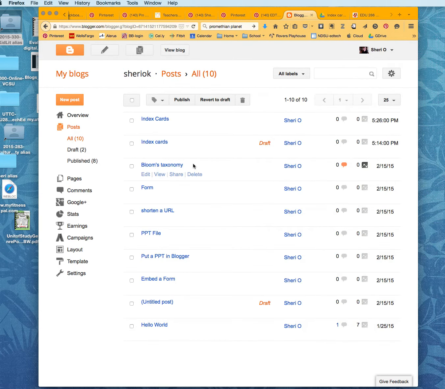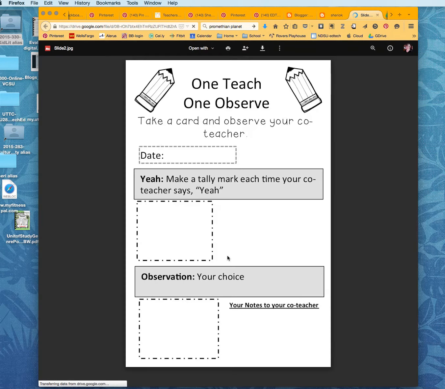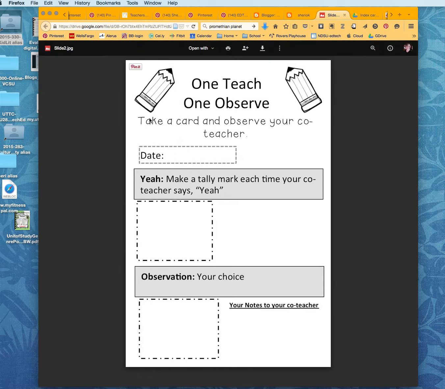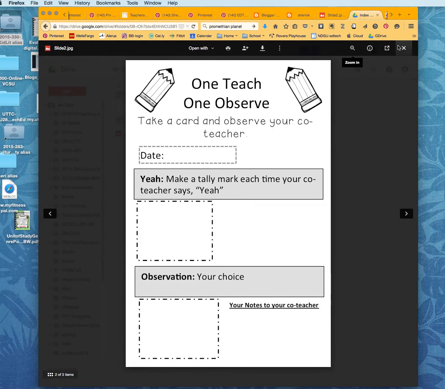and it's thinking. So now if I view my blog, here it is, and when I click on this, it should open in a new PowerPoint. Here it is, and whoever has it can download it and use it. So, it will download it as a JPEG. It won't, oh no, it won't. It will download the file. No, it will download the image, because I actually linked it with the image and I didn't link it with the file. That was my mistake. So if I go back to